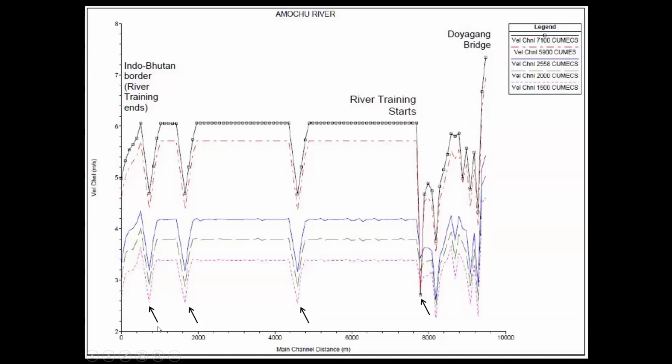downstream end to the left. The design engineers of this project were very proud of themselves because they were able to maintain a constant velocity through the channel, so they thought. And that constant velocity sort of translates into maintaining sediment transport. They could keep the sediment moving through this design channel without accumulating.